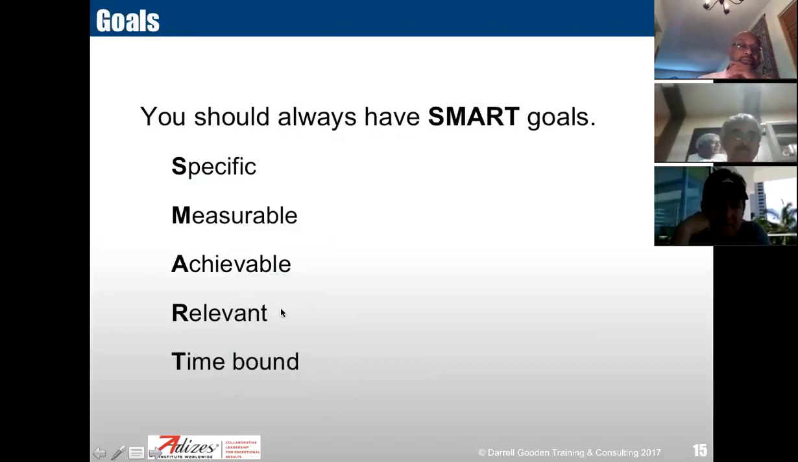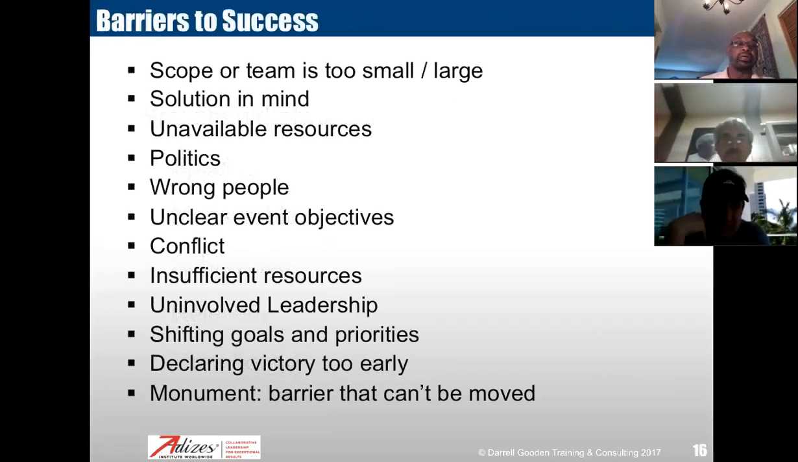You'll always have a SMART goal. You should always have the SMART goals. It's specific, it's measurable, it's achievable by the people doing the work. It's relevant to the task, and there is a time element to it. Okay,